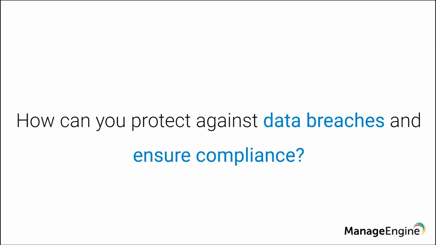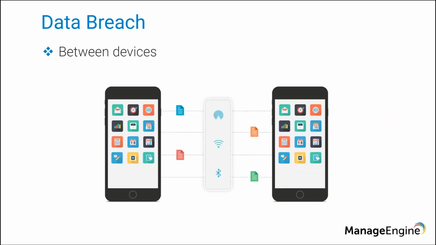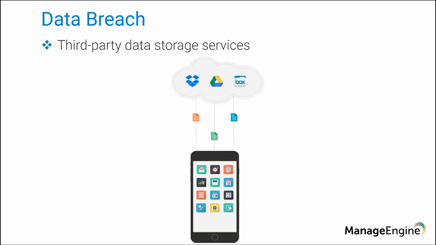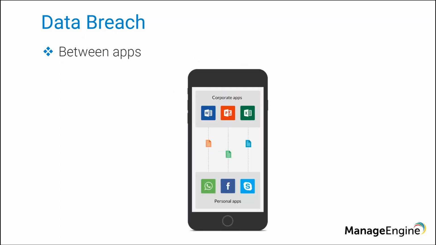Next, we can take a deep look into how you can protect your data from data breaches. So data breach is a huge thing right now, and data can be breached by the most common means and methods out there. So you can transfer the data between devices using AirDrop, Wi-Fi, Bluetooth, NFC, etc. You can upload your data to third-party storage services, and it can also happen between applications. So you would have distributed the Microsoft applications as a corporate app, but your personal applications would still have access